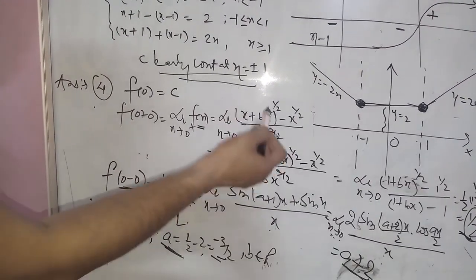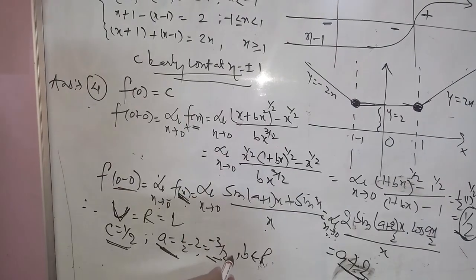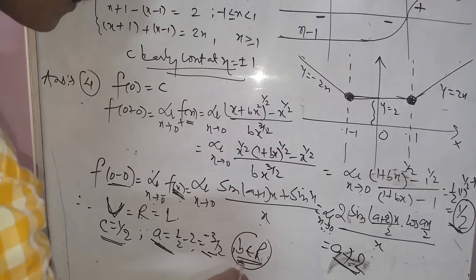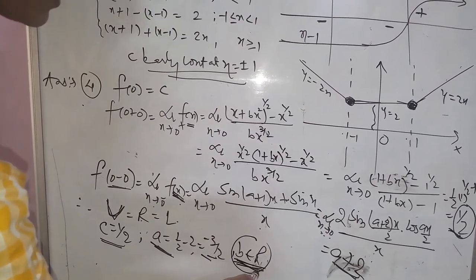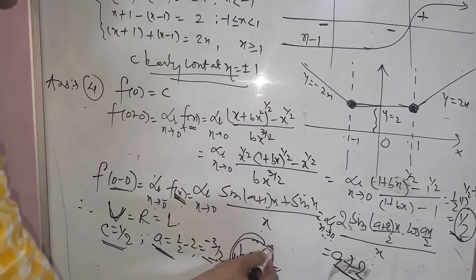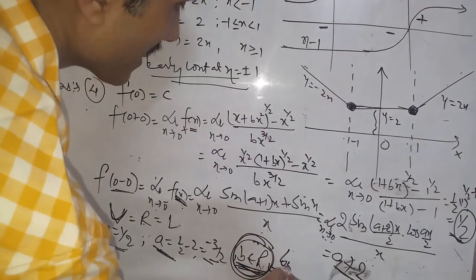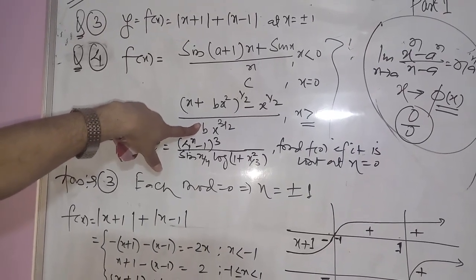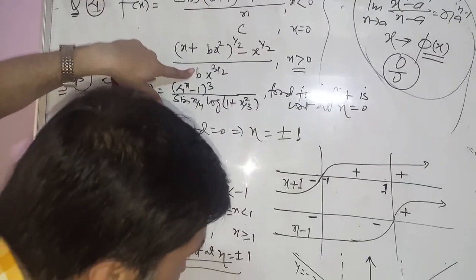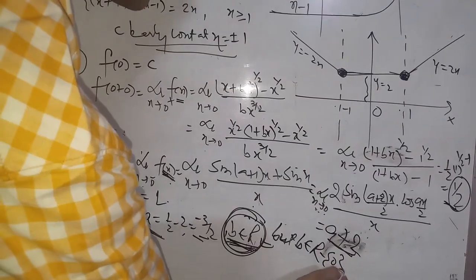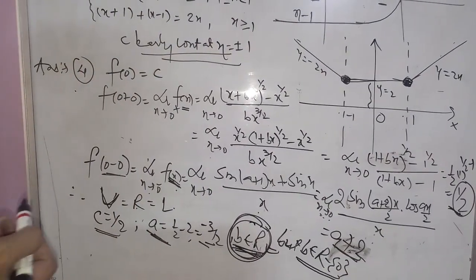In all this process we have no value of parameter b available, so b may be any real number. So we take b belongs to R, but in the question b is in the denominator, so b must be any real number but not equal to 0. So finally we write b belongs to R minus 0, that is, a non-zero real number.